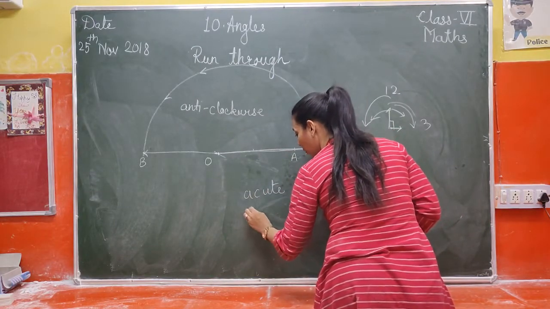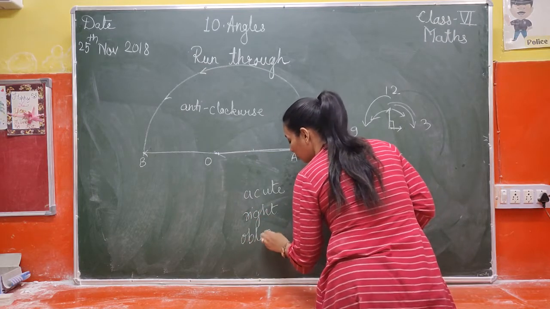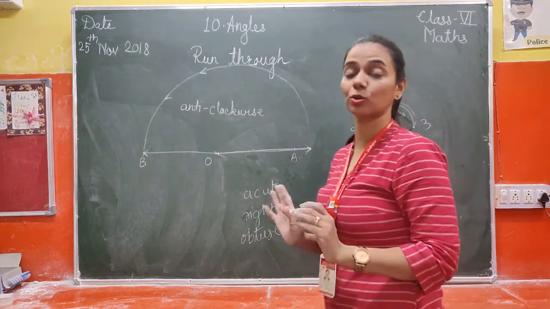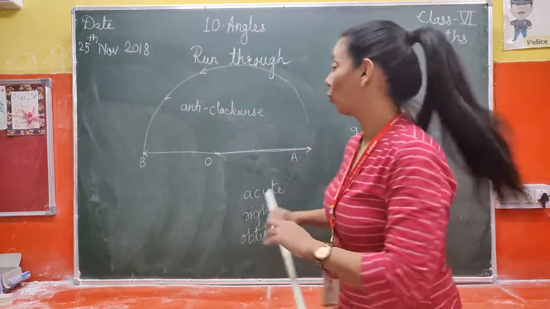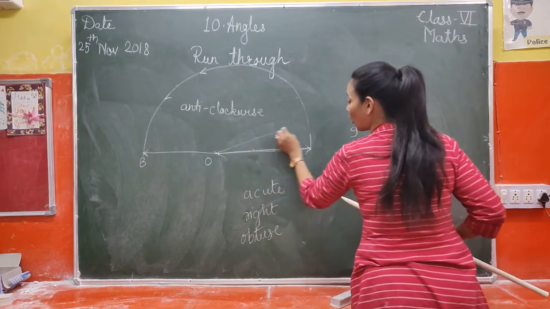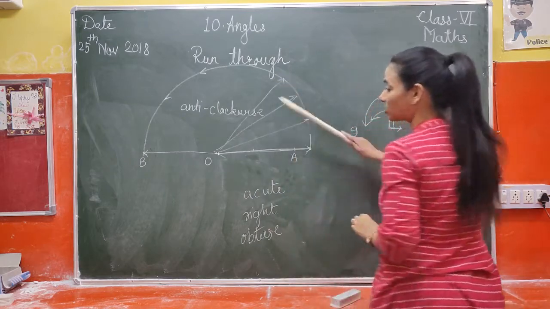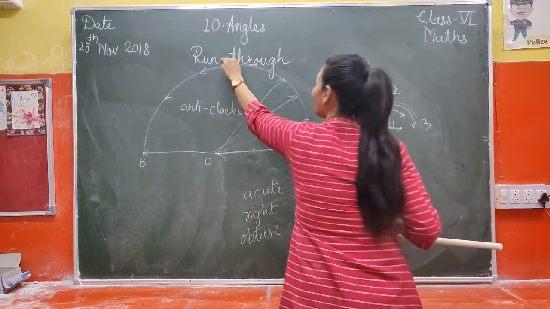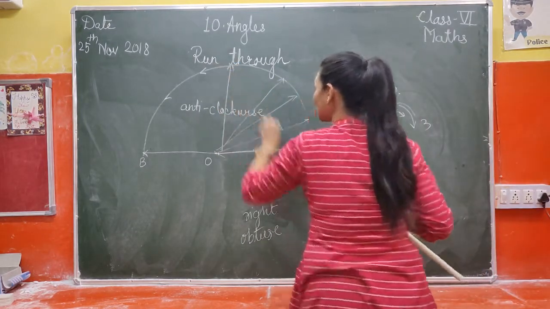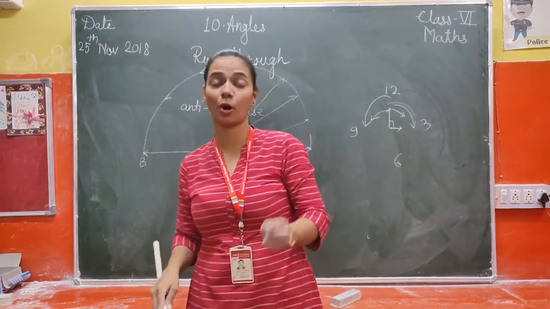Then a right angle is formed and then an obtuse angle. Three types of angle are formed during this rotation. First, when my ray is moving from here, in these positions, if I say this position, all these positions are acute angles, right? Less than 90 degrees. When it will be here on this position, it will form a right angle and greater than 90 degrees, that is an obtuse angle.